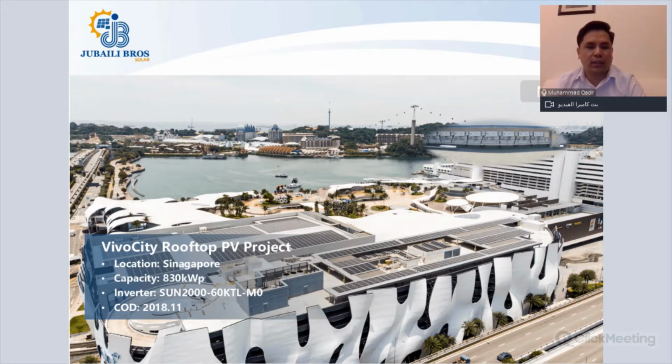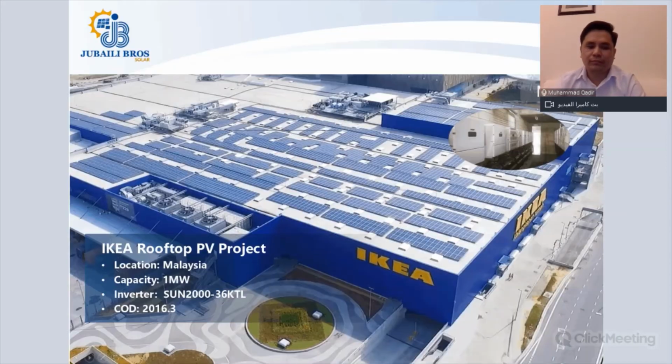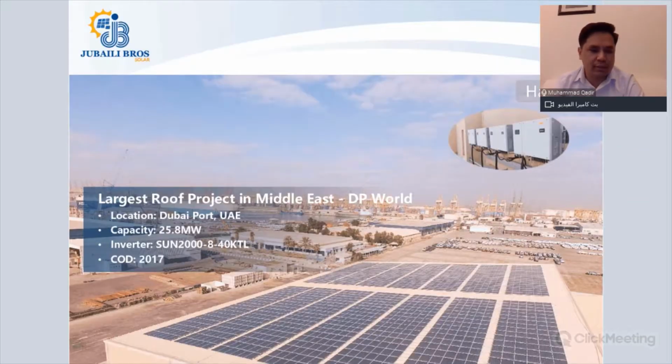Another project at a mall, Vivo City Rooftop. The location is Singapore, the 830 kilowatt peak. Again, another C&I project. The model used is Sun 2000-60 KTL-M0. This is an IKEA project built on the rooftop in Malaysia for 1 megawatt, used Sun 2000-36 KTL inverter model and working fine with less than 0.5%